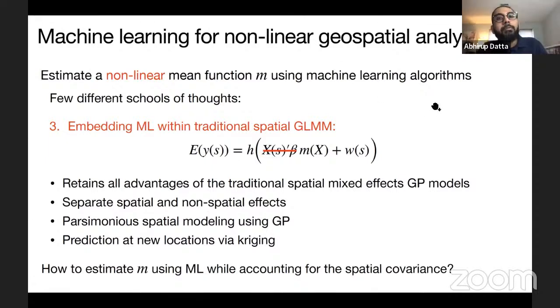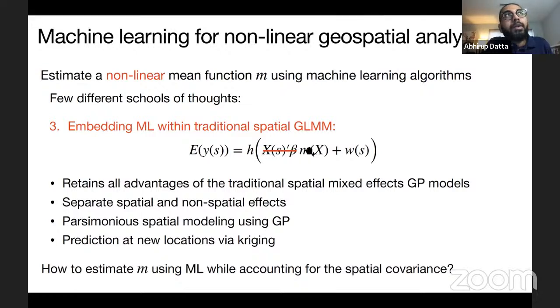Yeah, that would have been possible if H is a function such that H of M plus W breaks into H of M plus something of W, like a product, but that is typically not the case. We have done this for binary data where we use a probit link, and for the probit link, you can because it's a known link, H is a known function where M is unknown, and the probit link is invertible, so you can actually estimate M. That's the binary paper work.